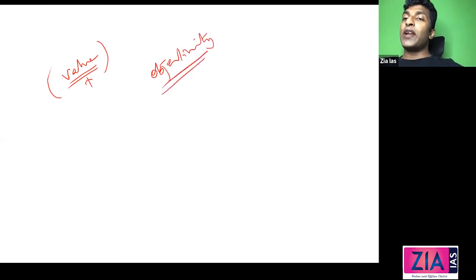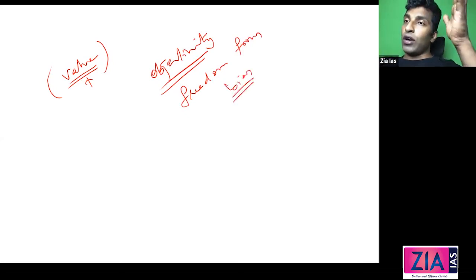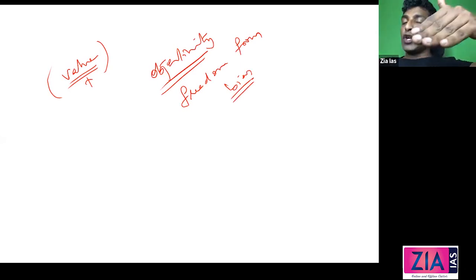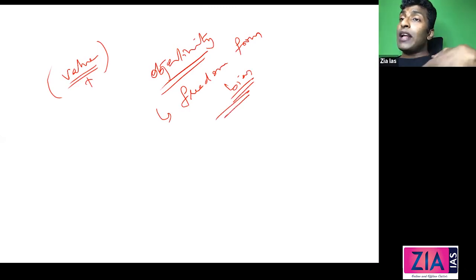Objectivity means freedom from bias. So you guys need to tell what the initial sociologists wanted to do. They wanted to make it similar to natural science. For that, the most important precondition is objectivity. Then you tell what is objectivity. Objectivity means freedom from personal bias. Then you tell from where